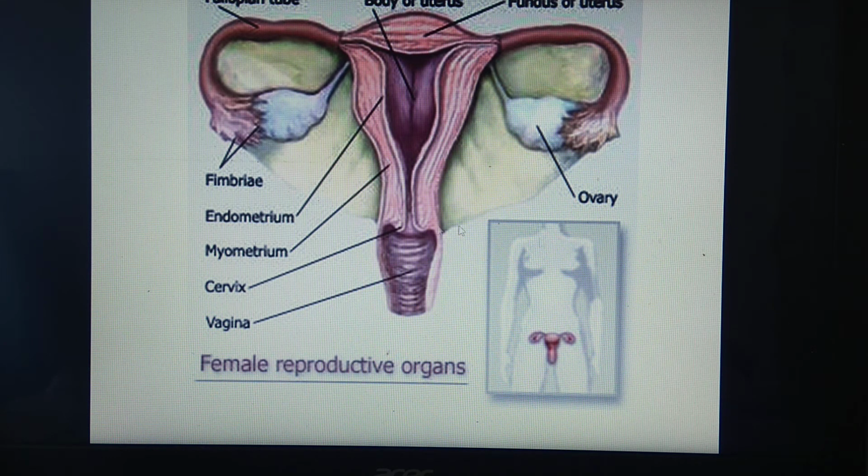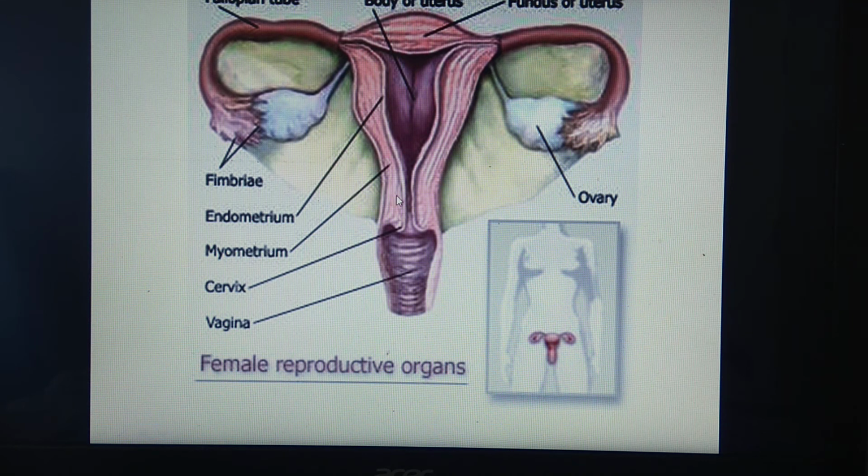Then as I said, the layer of endometrium is made up of glands and richly supplied with blood vessels. It has a mucosal membrane towards the inner side. It also consists of stratified epithelium. What is the meaning of stratified epithelium? Strata means layer. That means many layers of cells are present in the region of the endometrium. So this is about the organ uterus.